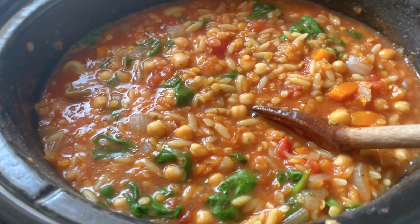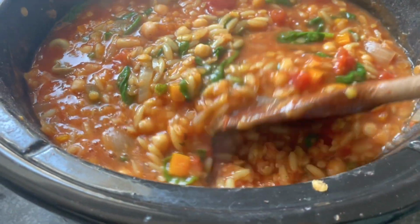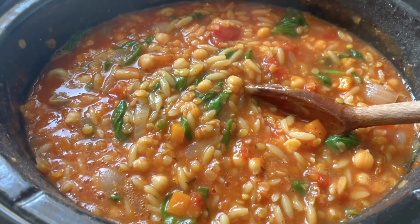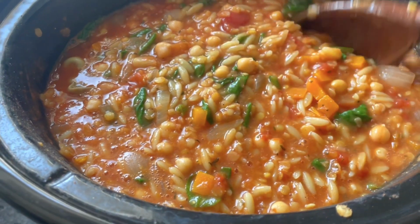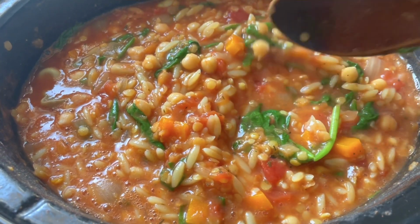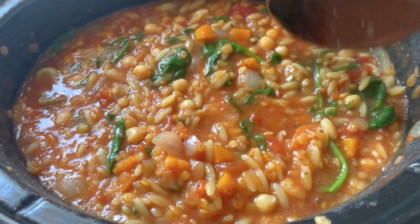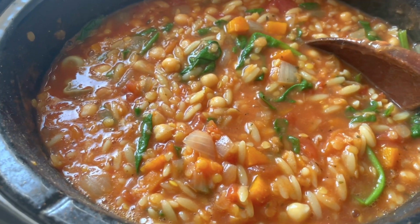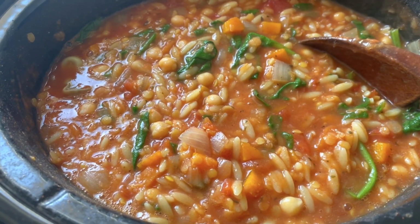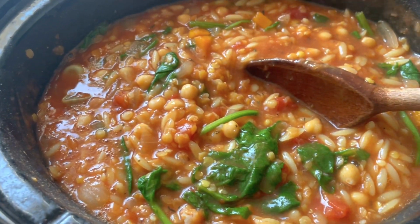So for today's dinner, I just found this recipe off the internet. I have made an Orzo, chickpea and red lentil stew. And you can see it's got Orzo, chopped tomatoes, chickpeas, red lentils, and it's got a little bit of cumin, though I can't really taste the cumin. And it's got some veggie stock, the onion and garlic, and I just mixed through a huge bunch of spinach,